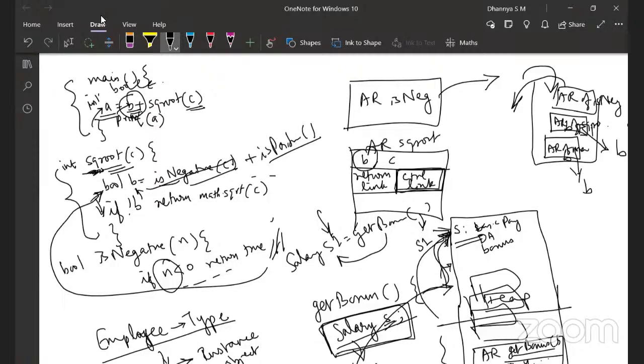Okay, so that is scope. Now, what is a lifetime? Lifetime is when you have allocated memory to the variable. It may or may not be accessible, but there is some memory that has been allocated. The variable is alive. At some point it will be accessible. So when you are inside the is negative method, the variable A is still in its lifetime. It is still alive, but it is not in scope.